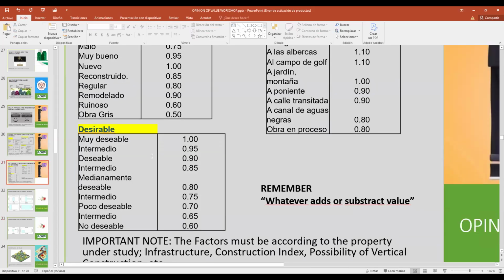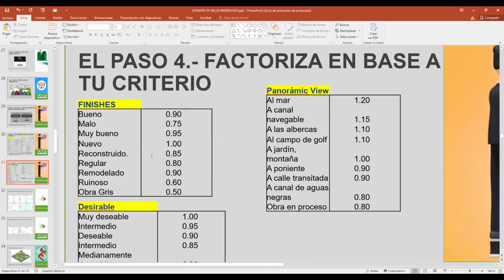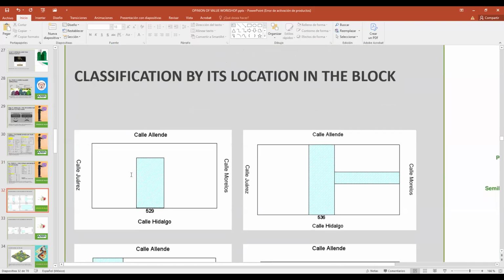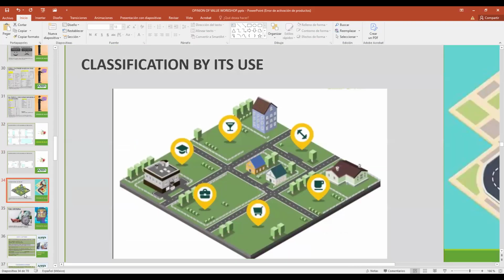And we're gonna see we have prices because of the finishes, because of the view, because of the desirable. When it is desirable, remember, we have punishes and we have prices. And we're gonna see in the example all this theoretical information here, and we will go